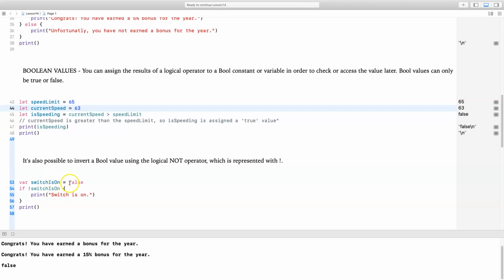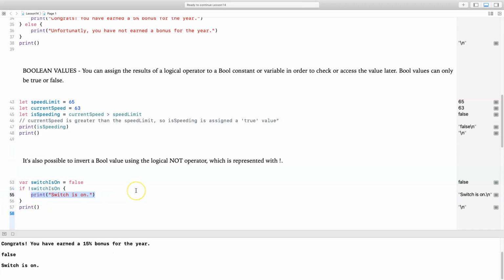Switch is on equals false, but then what we're doing here is we're applying the not operator to our switch is on Boolean value, so it inverts it, so it changes it to true, and then the print statement on line 55 gets printed out. So we will just go ahead and run that, so it prints out the switch is on. If we go ahead and change this to true,